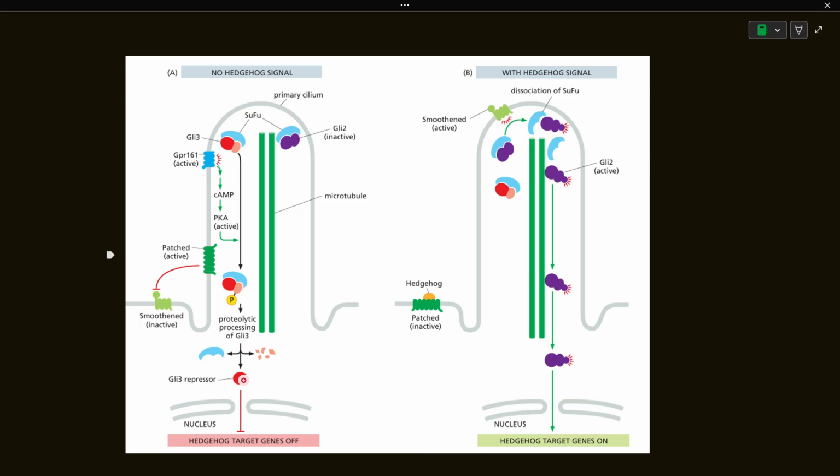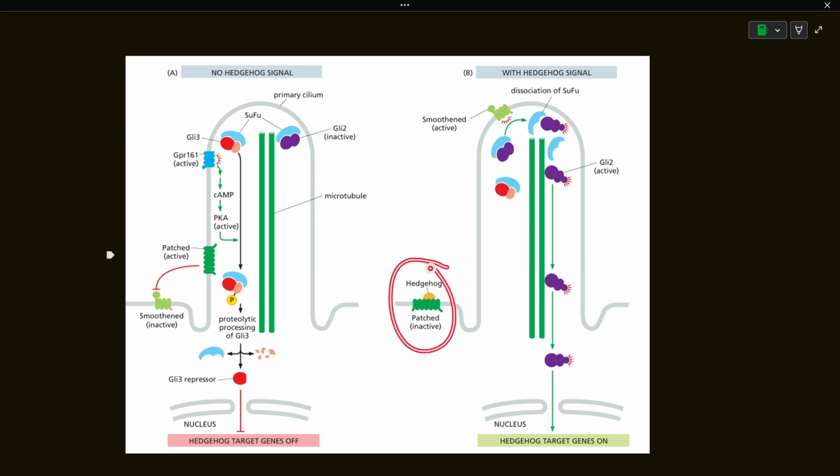So this is what happens in the absence of Hedgehog. The Patched receptor is active, which inhibits Smoothened, which results in the proteolytic cleavage of the GLI3 protein, forming the GLI3 repressor, which will switch off or silence the Hedgehog responsive genes. But when the Hedgehog signal is present, the Hedgehog molecules bind